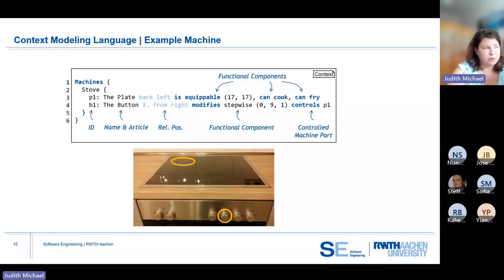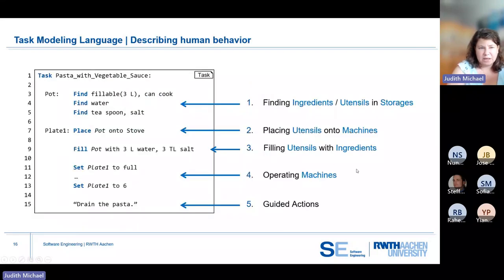And it is controlled by a button, which also has a certain relative position, which is in this case the third from right, which allows us to provide this information later on to the users. We can modify it, and taking this information about very concrete objects, we can move on to the task language.